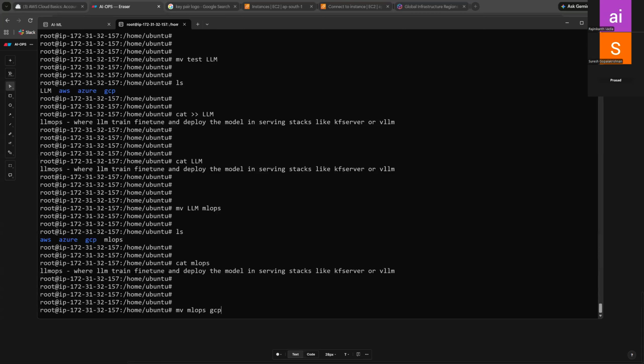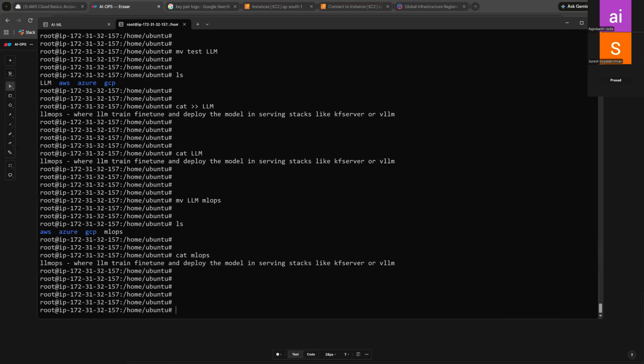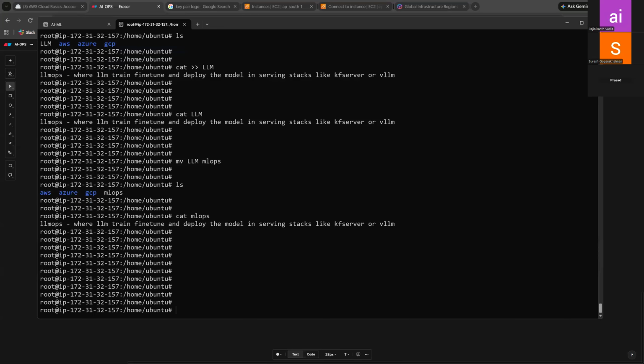So you should select a name which is not present as a directory name. Then only it will rename. Otherwise, you need to give at least an extension. Then the file can be taken.